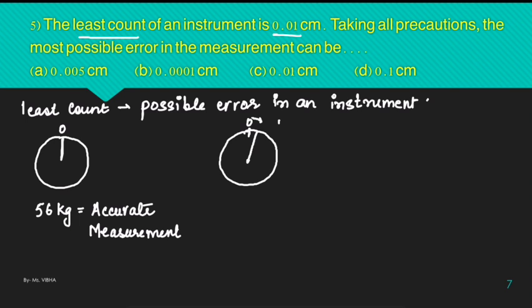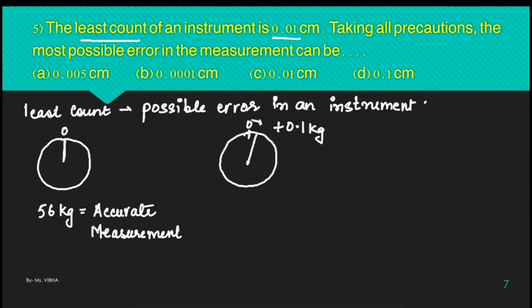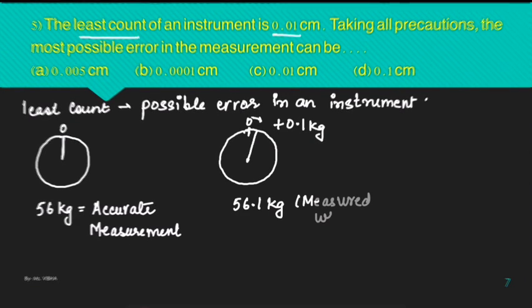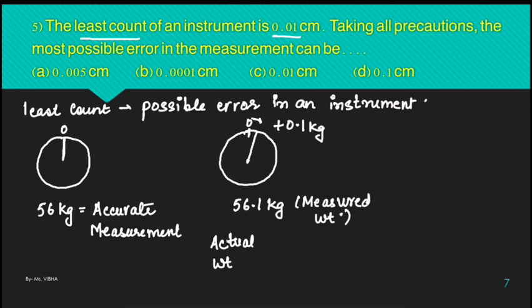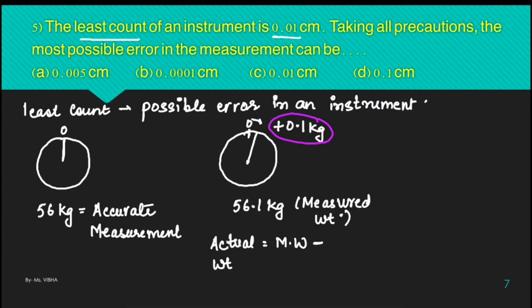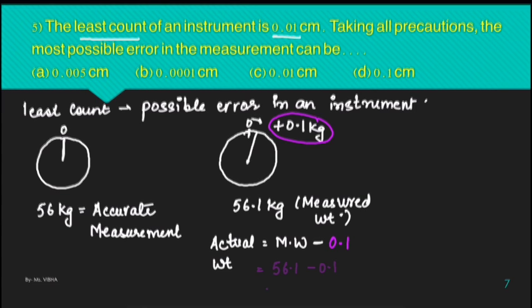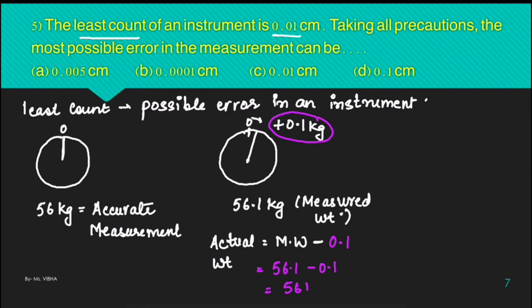Let's suppose ये जो है पहले से ही plus 0.1 kg का difference दिखा रही है. So if a person stands on it, this is the measured weight, then the actual weight will be the measured weight minus this error. That means you will minus 0.1,